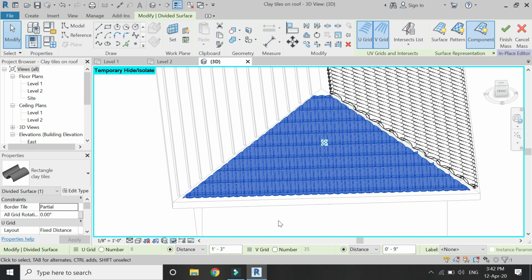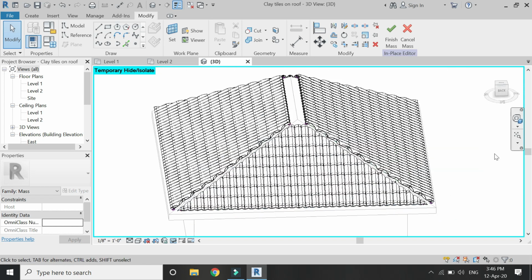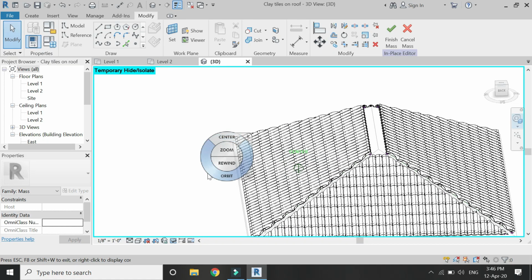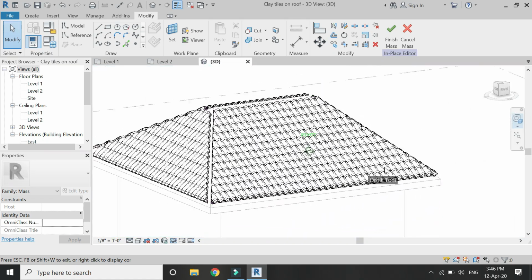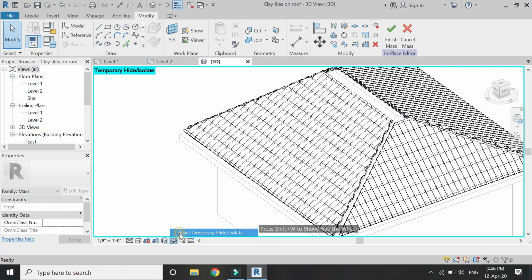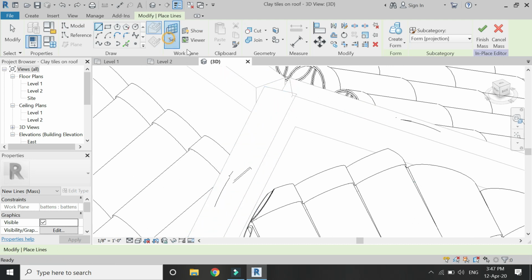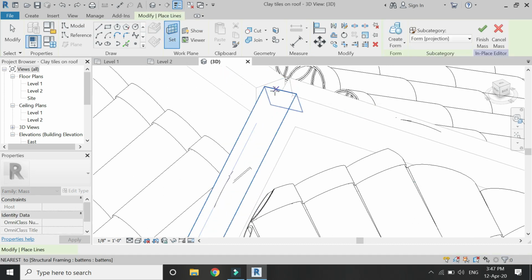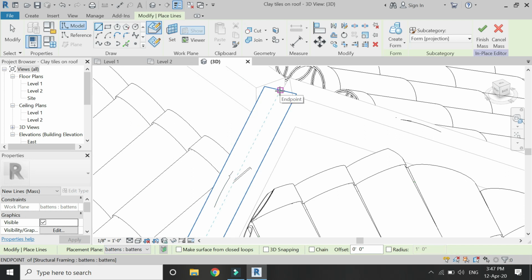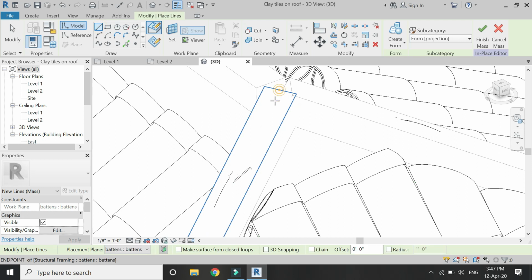Repeat this step on the other 2 parts of the roof as well. I am going to skip that part in this tutorial, and here you can see how easy it is to place these roof tiles on this hipped roof. Now uncheck that hidden part of the ridges and set the surface to this top surface of the batten, and place